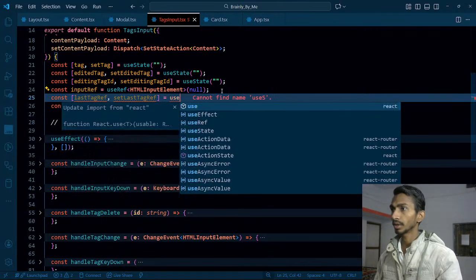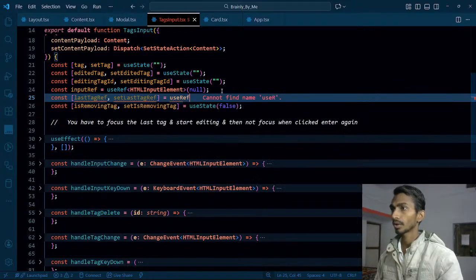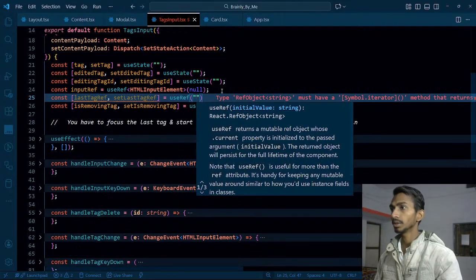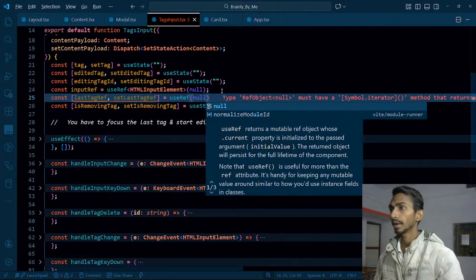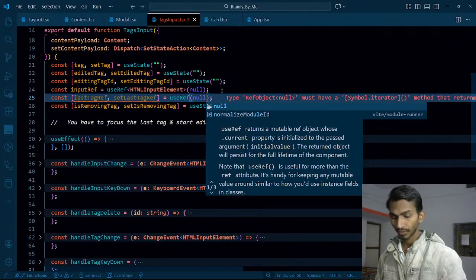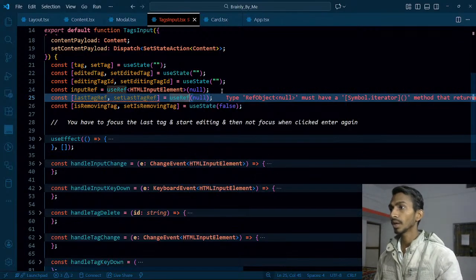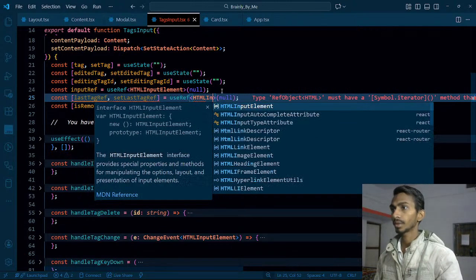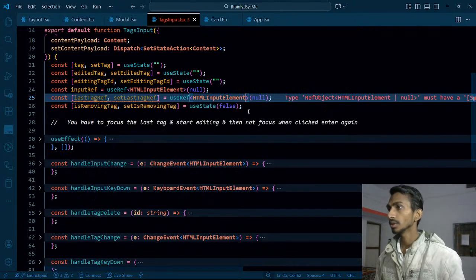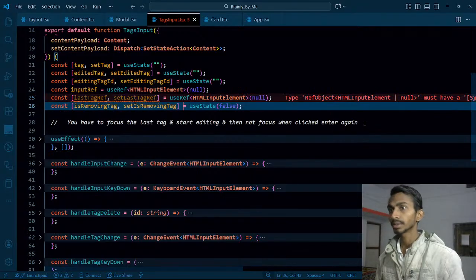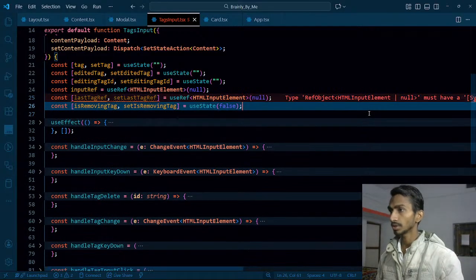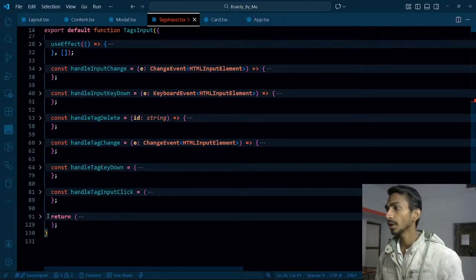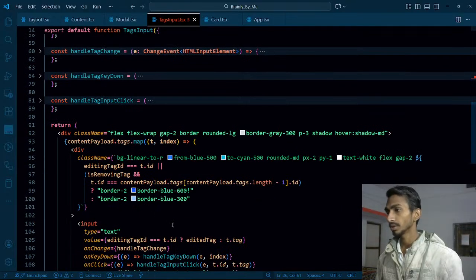useRef, and over here it will be null by default, and moreover it will be applied to an HTML input element. So HTML input element, something like this. So this much I've done so far. Let's get rid of this particular thing right now. This was just a comment I made yesterday, and what I want to do is simple: the reference of the